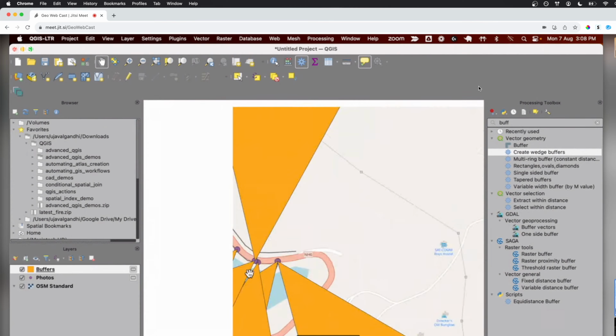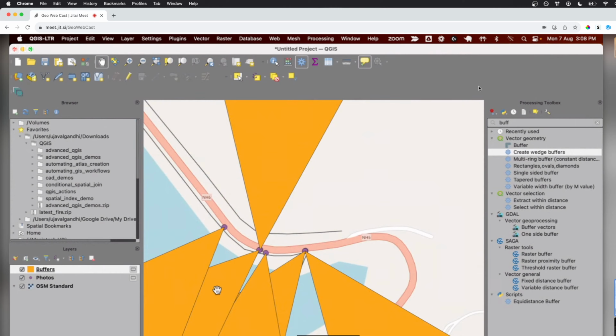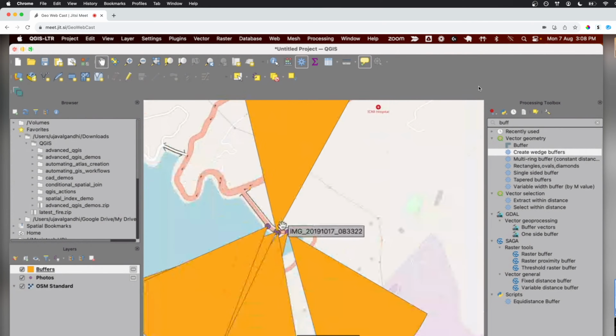You can see these two photos were taken together, but I was viewing this side and I was viewing this side. And again, this is built into your QGIS. Imagine you're doing field work and you took a bunch of photos, you come back and you suddenly see where did you go, what areas did you cover, and so on. Right now we just use the static value, but if you knew about your camera's focal length, etc., you can give a very precise measurement of what data you could see from that.